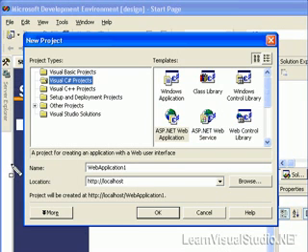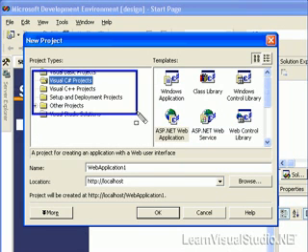Now, this is important because there have been many occasions where I have not paid attention to what I was doing and I created the wrong type of project. So it's very important you pay